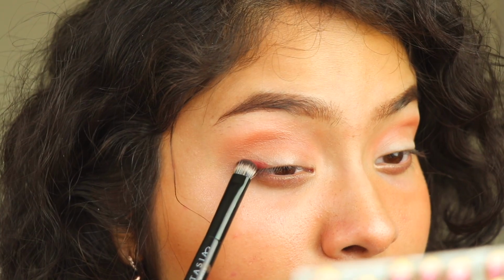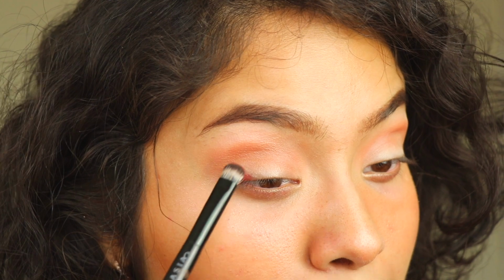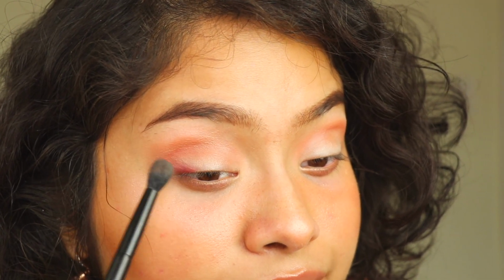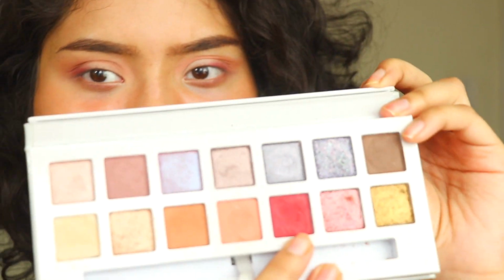more concentrated towards the outer portion of the eye. Whoa, it's pigmented. Then I put that in there. I'm just gonna blend it out using the fluffy side. As you guys can see, I put the shade Stev right there, and again, very pigmented. This shade is unique in the sense that it had a lot less kickback compared to the other eyeshadows, which is a good thing, which means that this shade would probably last you longer than the other shades in the